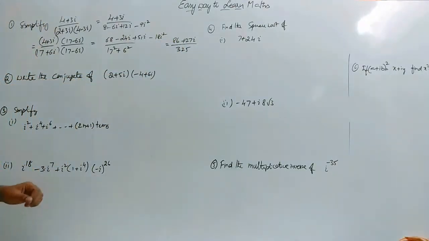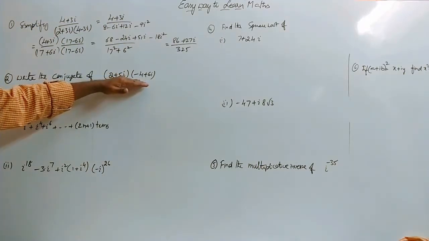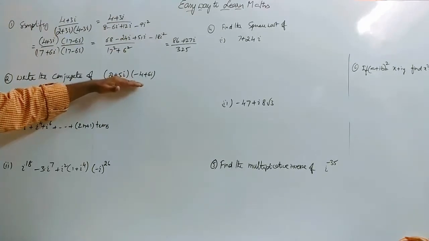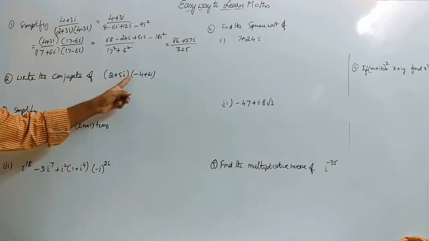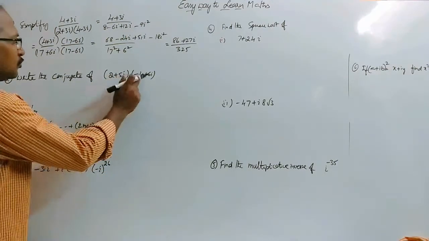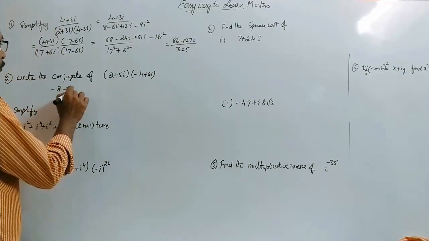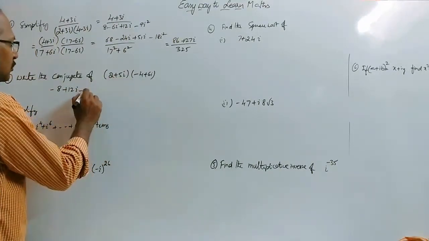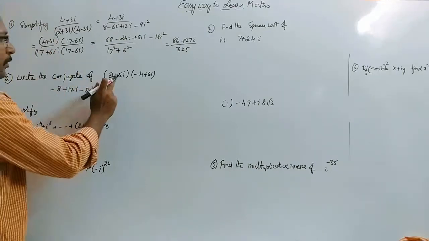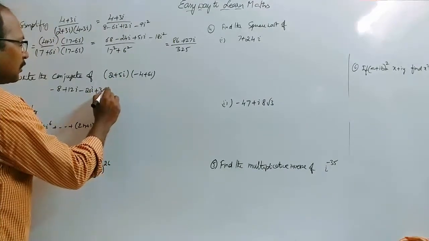Okay. Next, write the conjugate of this complex number. Here also, first of all, to find the conjugate, you have to simplify the given complex number. Here two complex numbers are given and it is asked to multiply. Therefore, let us multiply. 2 into minus 4 is minus 8. Again 2 into 6 is plus 12i, plus into minus 5 4s are 20i, plus into plus 5 6s are 30 i into i square.